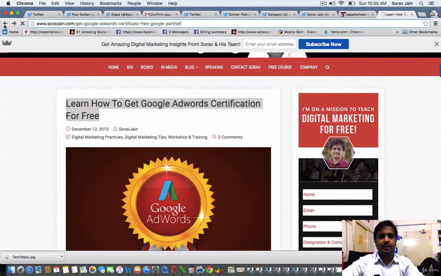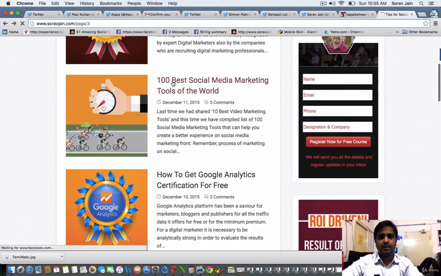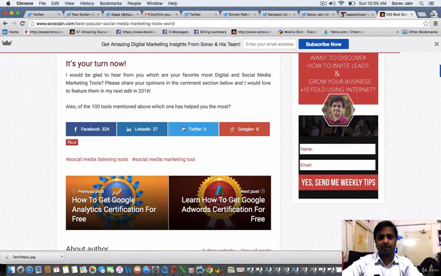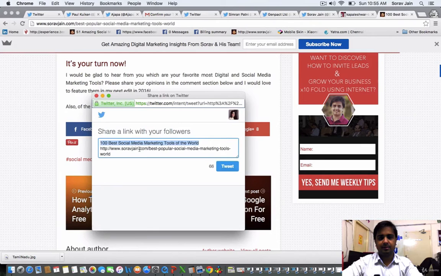The other way of sharing an article would be to just read the article, click on the share button, and use the relevant hashtag in the tweets. It doesn't matter where you use your hashtag. It can be in the beginning or in the end or in between. You can have